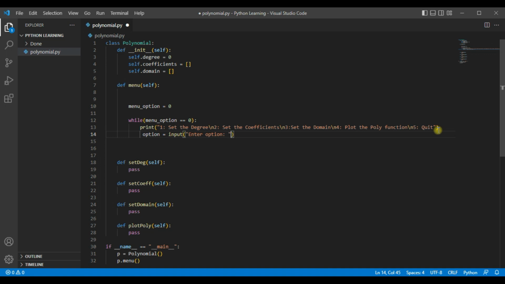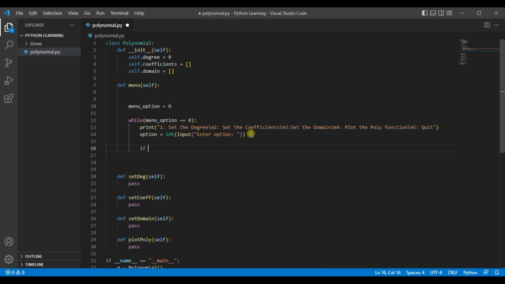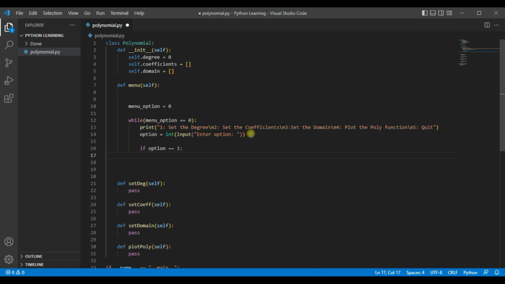So we are going to enter the option. If the option is 5, then we exit the loop, and the program will end there. So we take the option, then convert it into an integer like that. If option equals 1, we are going to call the method